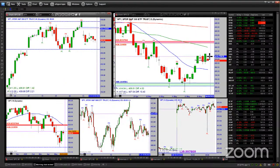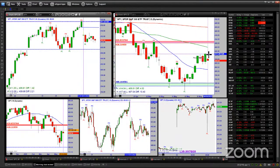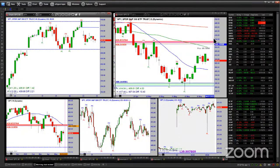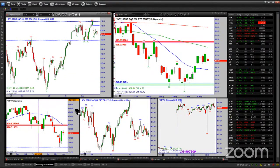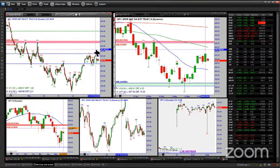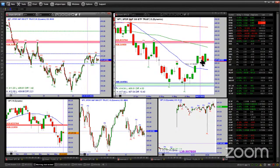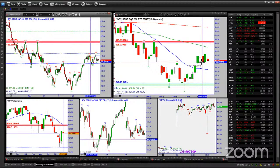Now we just got to see if it can clear last Thursday's high. Ideally, it would go sideways for 20, 30 minutes and then break higher to move up into this void, which it does have. I'll scroll that over, scrunch it up a bit. So clearing that high, it doesn't have anything to stop it, which, short term, is a positive, but it will run into a stiffer resistance area. The other positive is if it can clear that. Last week was several days of running in place. So while it didn't completely